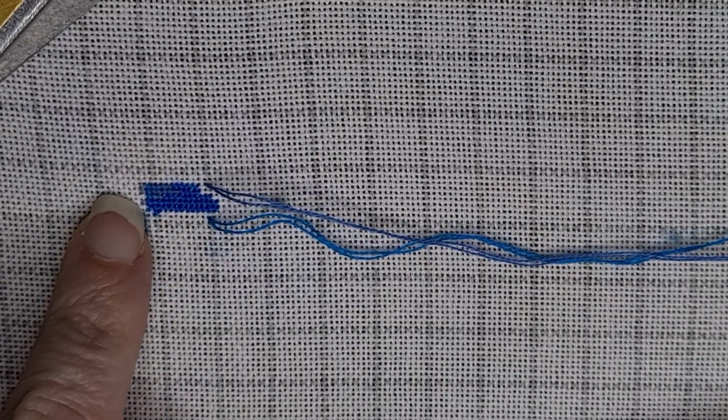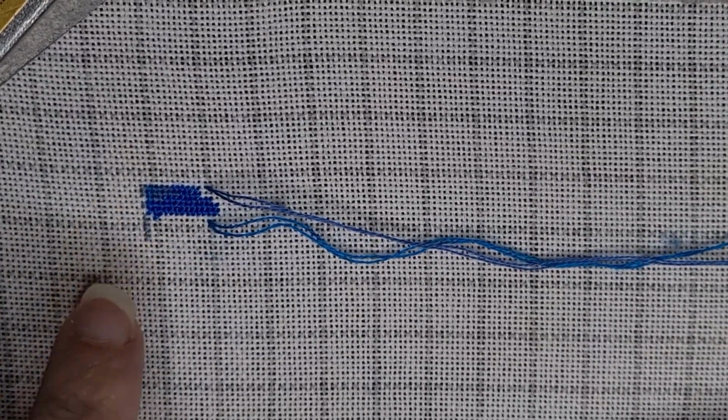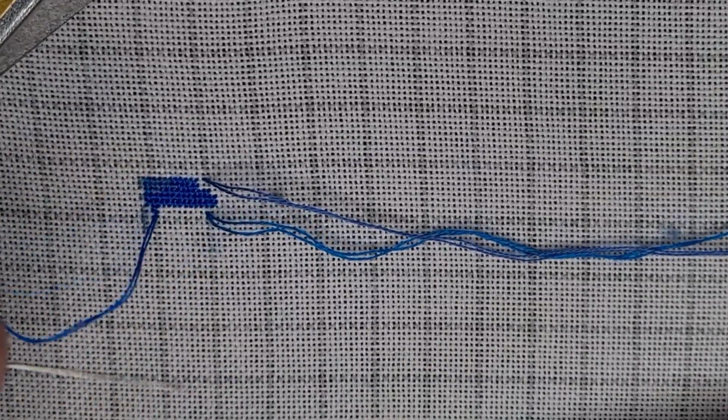So right, so that is space there, and this goes all the way across again. So that's kind of